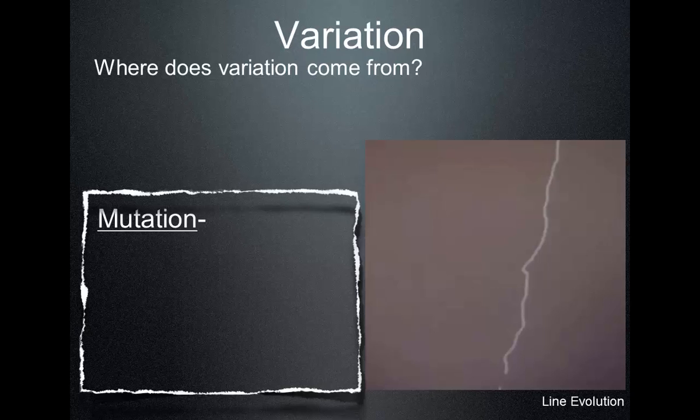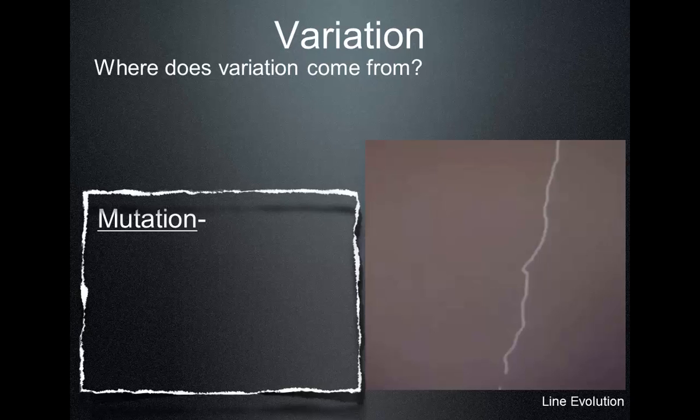So, this will be our last slide here. We just said, look around the cafeteria next period, and we're all very different from each other. There's a lot of variation in our population. The question then is why? Why are we all so different from each other? And where does that variation come from? Well, it really comes from two different things.